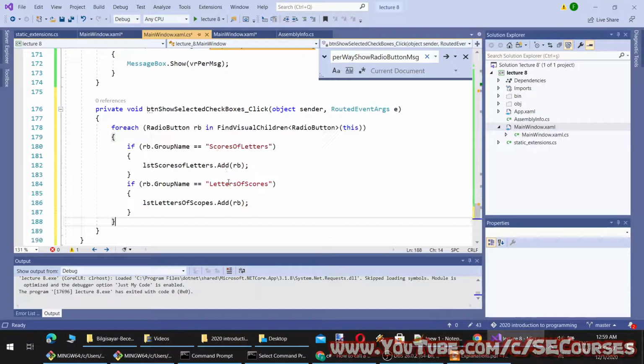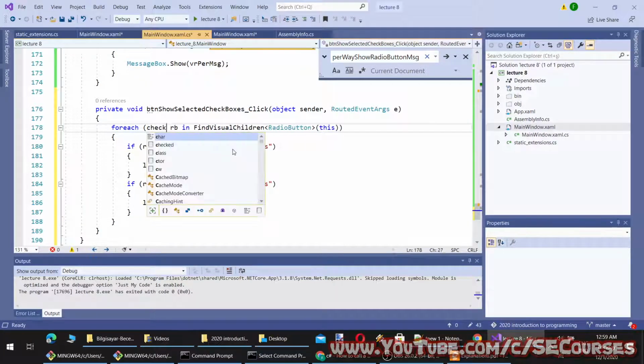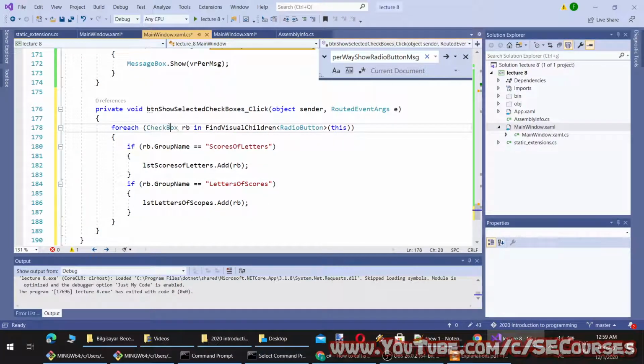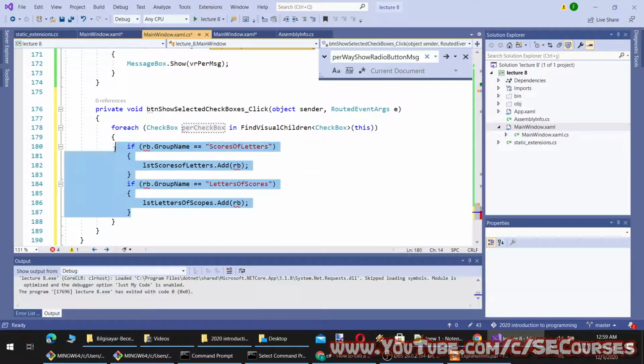Okay. And this time it will be checkbox, checkboxes, and per checkbox, and let's make it like this.